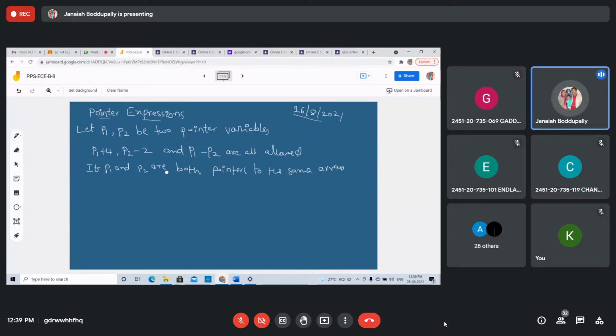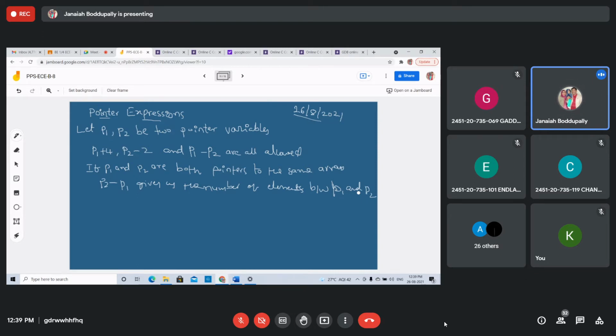Then P2 minus P1 gives the number of elements between P1 and P2. Students, are you getting this, if you take two pointers into the same array?